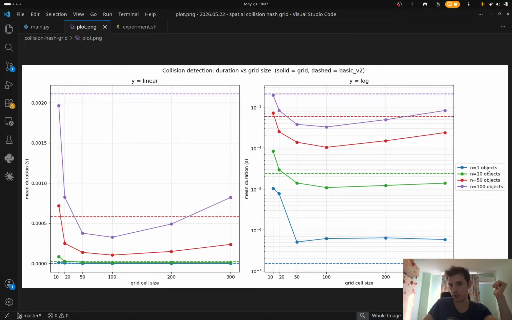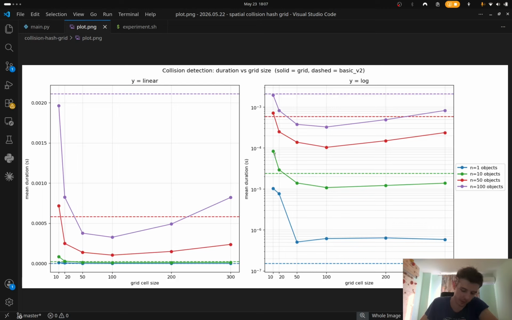When you go to 10 objects, we already see that calling the grid, if the grid size is very small, takes a bunch of time. So it's better, and this is because we have just 10 objects, so this is like 45 checks, if you remember, like the O of n squared one, where you divide by 2. And as you can see, the time is